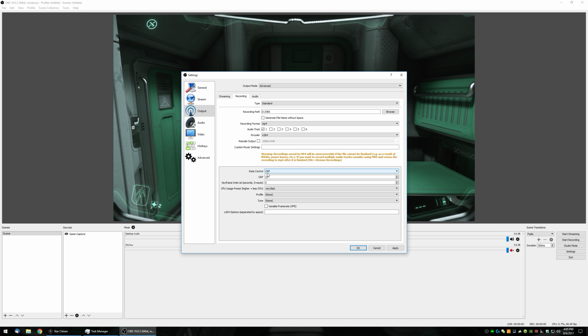CRF is not like the other bit rate controls, like constant bit rate and average bit rate. Rather, CRF is a quality-based rate controller. As you can see here, you have no bit rate, you have a quality slider, which ranges from 0 to, I believe, infinity. I'm not sure exactly, but basically what this does is